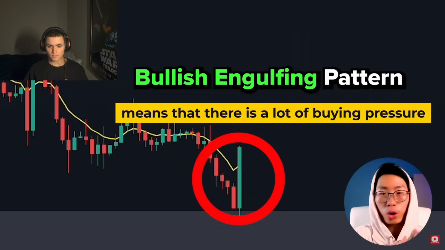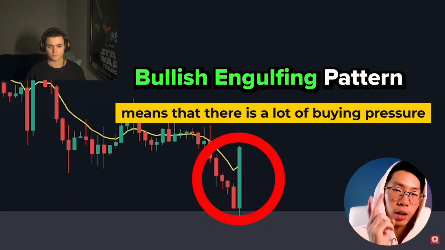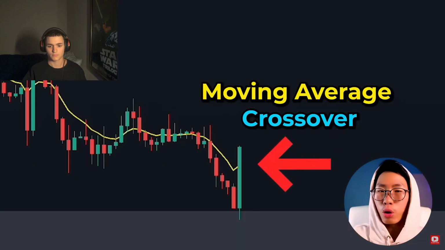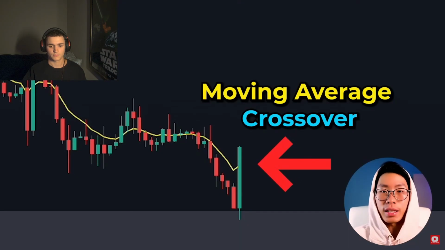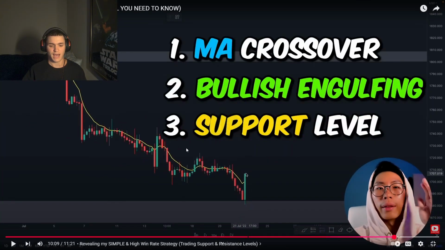This shows us that price is not going to break past this strong support level, and that's a second confirmation. The third confirmation is this moving average crossover. You can see at this point of time, the yellow line, the moving average, is going to go below the candlesticks now. So now that we have our 3 confirmations,